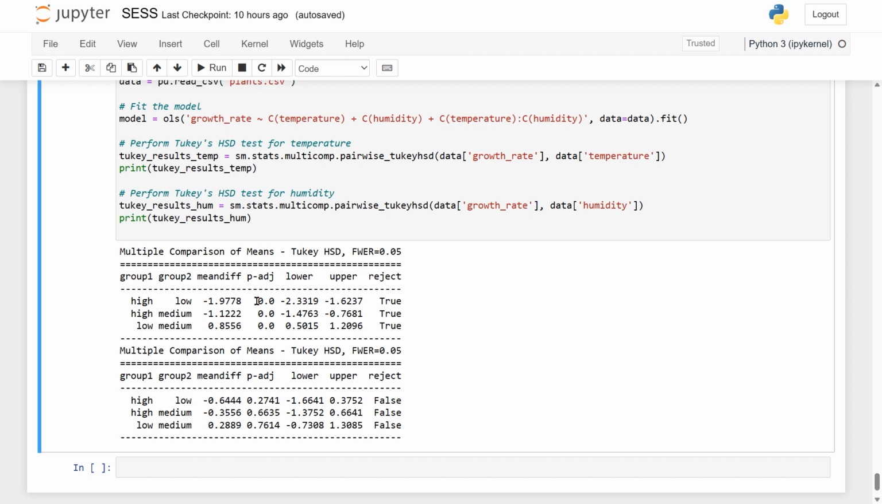P adjusted is 0.0. The HSD value is calculated based on the number of groups being compared, the total number of observations, and the significance level chosen for the test. So if the difference between two group means is greater than the HSD value, this is the mean difference. And our alpha value is 0.05. If this mean difference is greater than Tukey's HSD value, so you have the lower and then the upper, if it is greater than this,